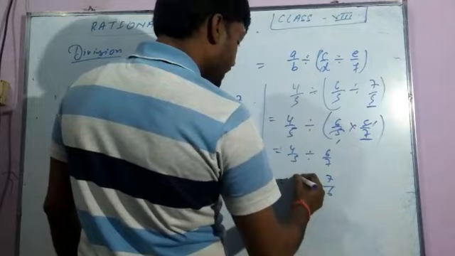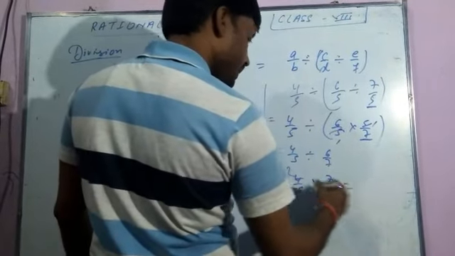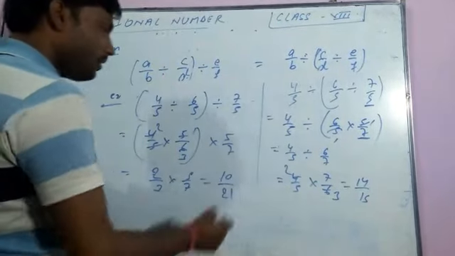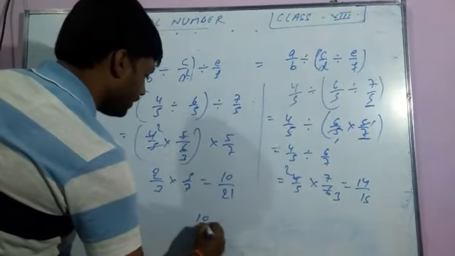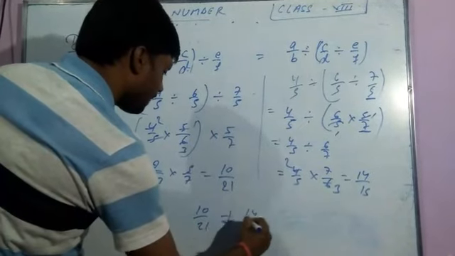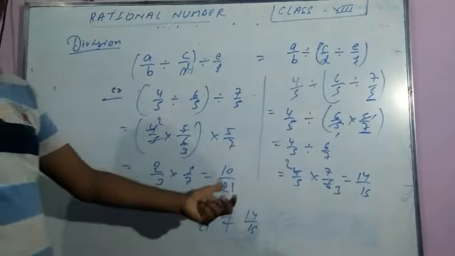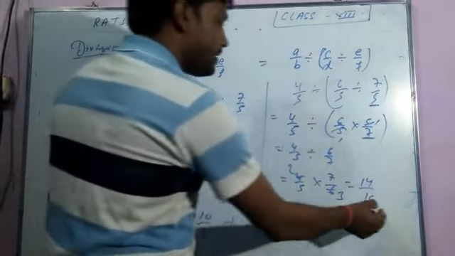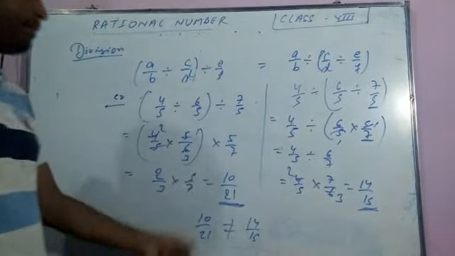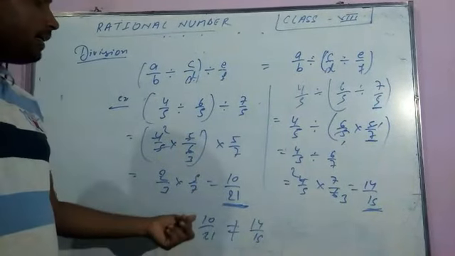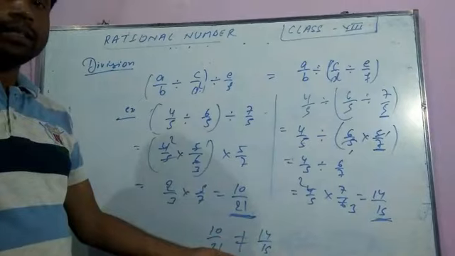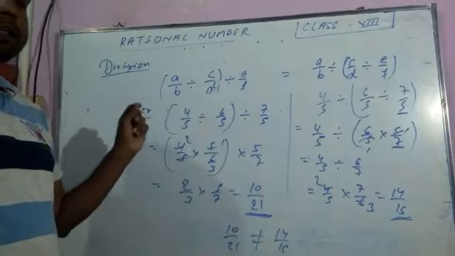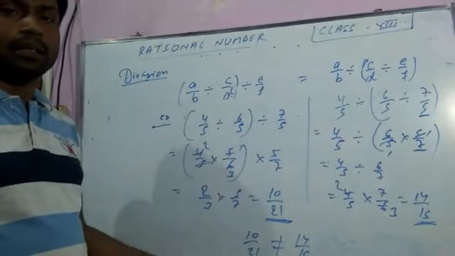Now we have to multiply, change division into multiplication. 7 by 6 we get 2 2 ja 4, 2 3 ja 7, 2 3 ja 6, 7 2 ja 14 and 5 3 ja 15. We have got one side 10 by 21 and second side 14 by 15. Then students watch here clearly. We want to get equal in both sides. It means that the division property for the associative law does not follow the rules for rational numbers.